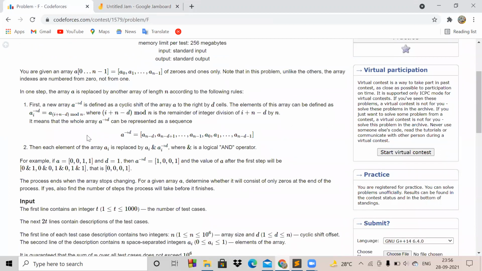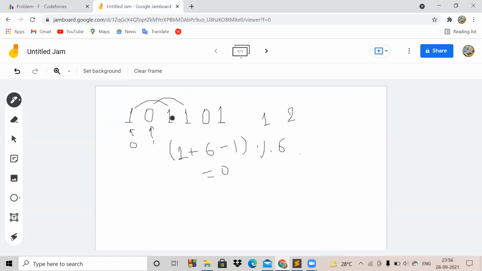So the array will start with a different index, and we have the new array with the elements shifted towards their left. After that, the second operation is that you have to take the AND operation of the new array and the previous array. Suppose in this array, let me clear this out, we do a cyclic shift of 2.